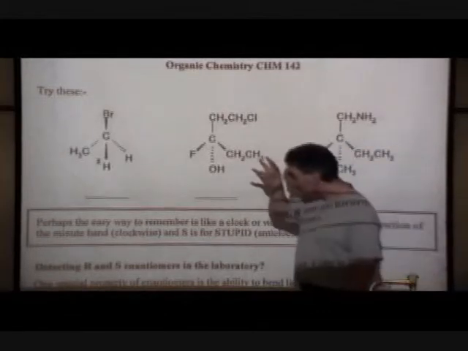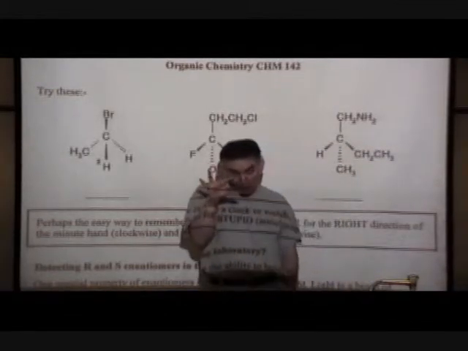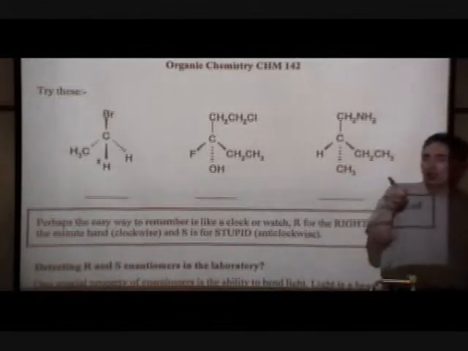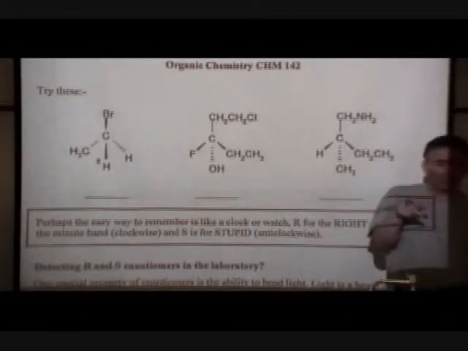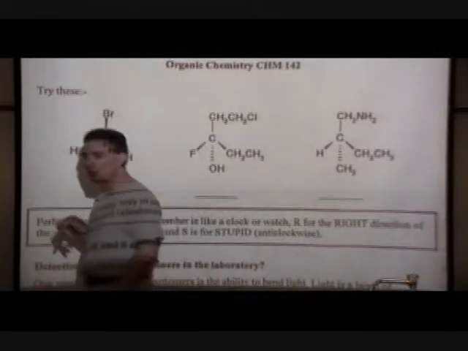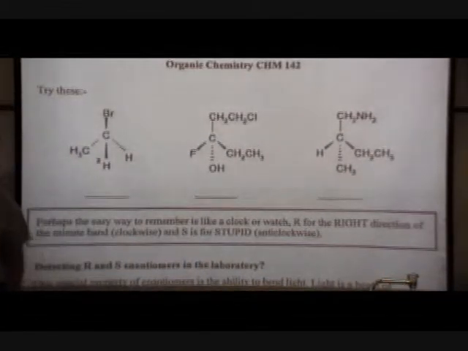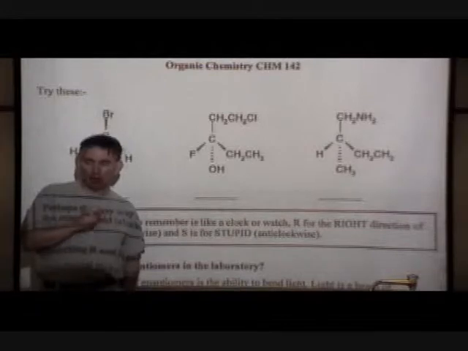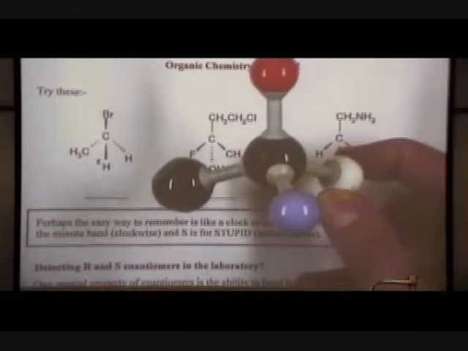And either in your mind, move the lowest priority group to the back, build the molecule and move it to the back, and look to see whether the three remaining groups go clockwise or counterclockwise around the face of the molecule. If it's clockwise, then it's the rectus, the R enantiomer. If it's counterclockwise, it's the sinister, or S. So for that first molecule,